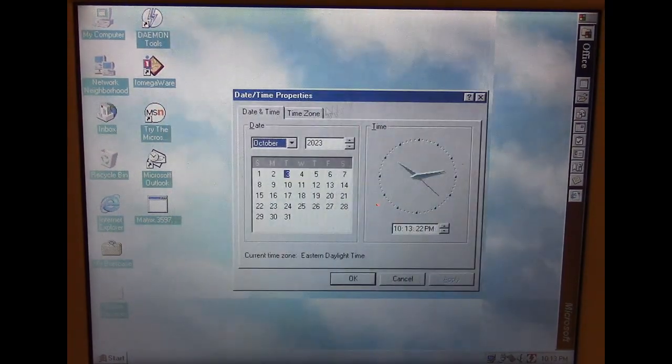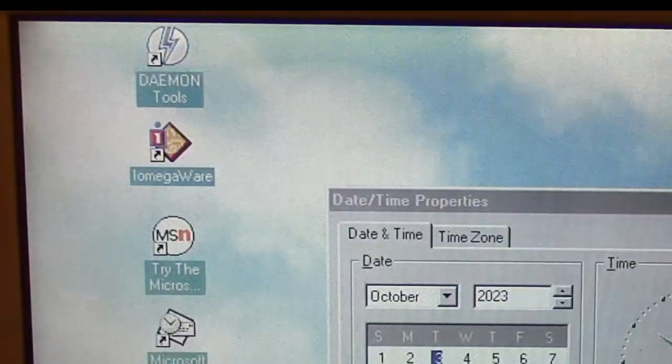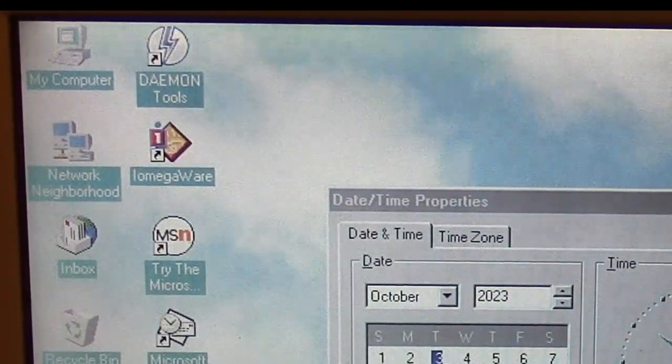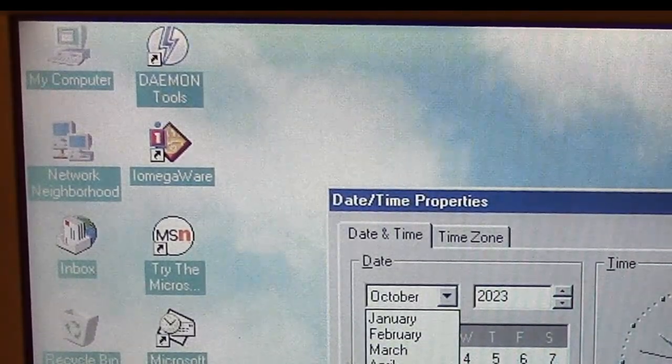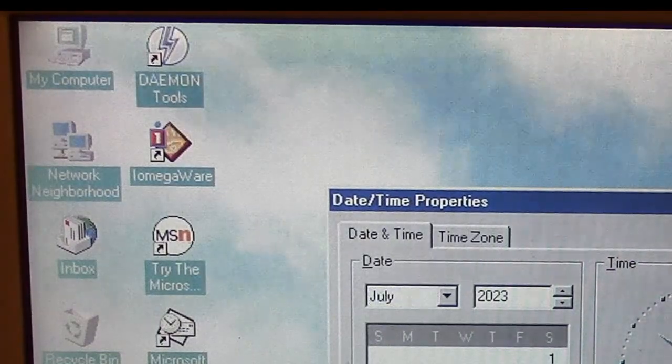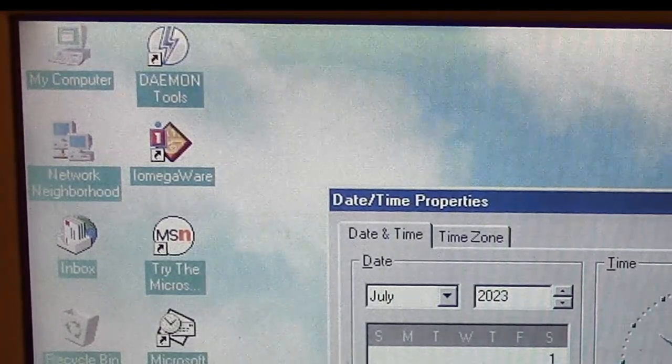Now the sample that we have here is actually an infected win.com file from another version of the operating system from another country, because did you see the error message is talking about the country command? So this is obviously from an international version of Windows 95, based on the data contained within that file. So we're going to change this to July 7th because that's when the payload runs, and it also, of course, lends credence to why it's called the Matrix DOS virus. So when we open this now,